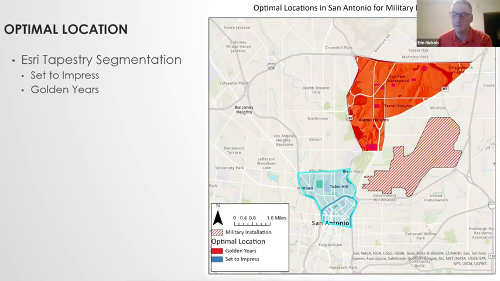The next one I'd like to highlight would be the Golden Years, depicted in red. These individuals approaching retirement from the military primarily consist of singles living alone or couples with children who have already left the home. These residents remain professionally employed and maintain active, diverse leisure activities. This area is suited for senior military personnel or retired veterans who prefer a quieter neighborhood. Housing costs within this area are approximately $1,300 to $1,700, which still puts them in those senior ranking officials in the Army